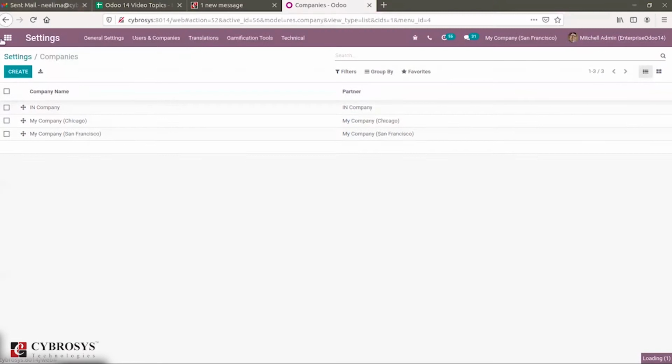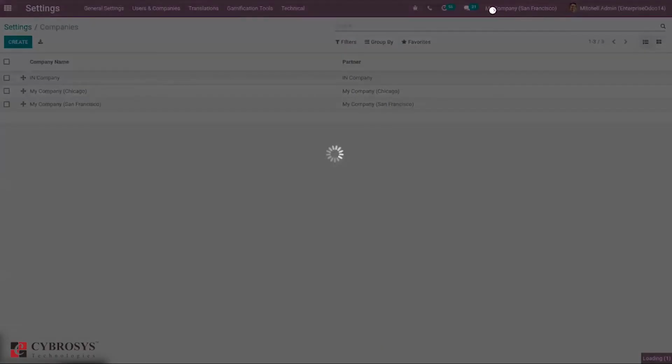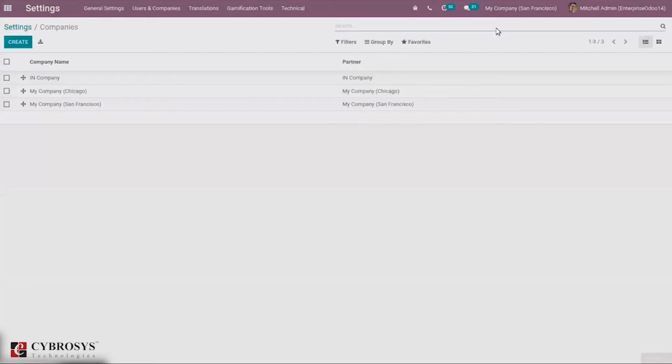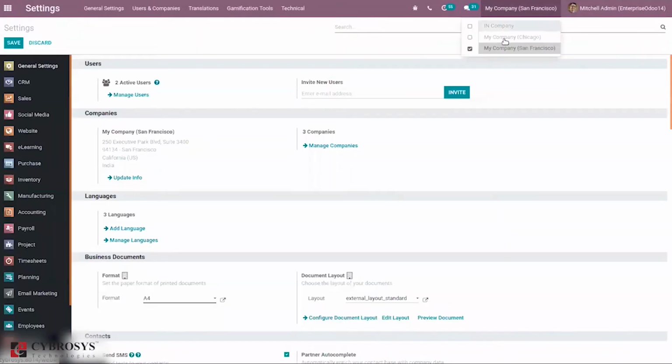After creating companies, here you can see the company name. When you click on that, you can see all the created companies, and it is possible to switch between them or select multiple companies by enabling the selection box.